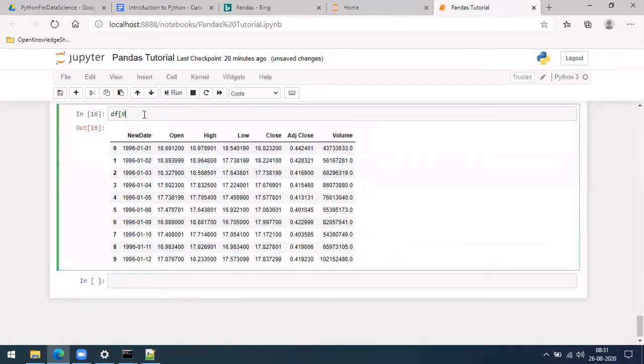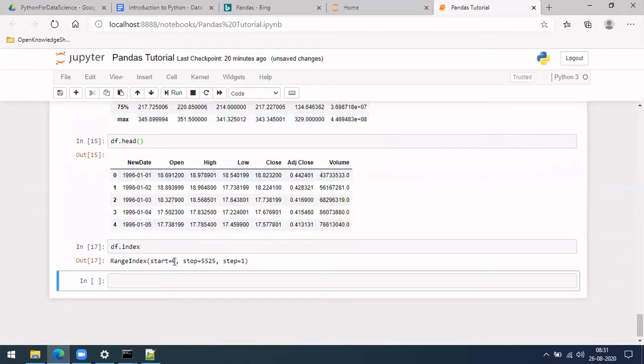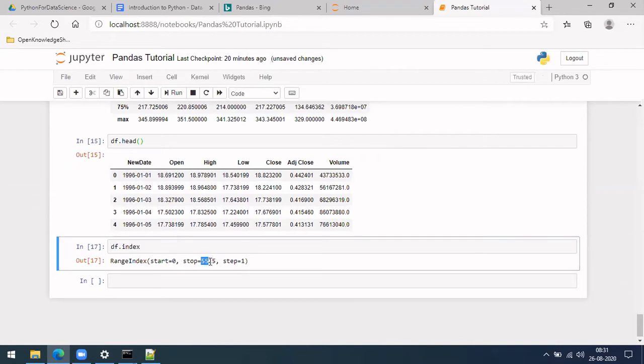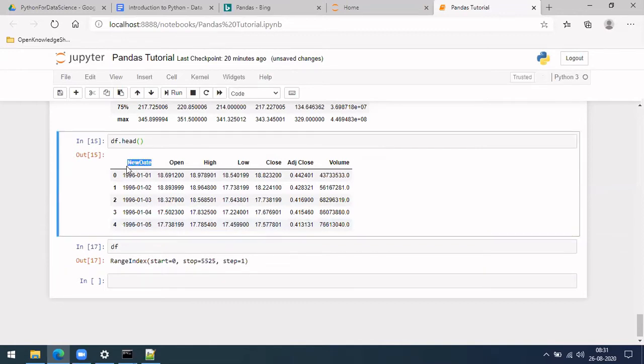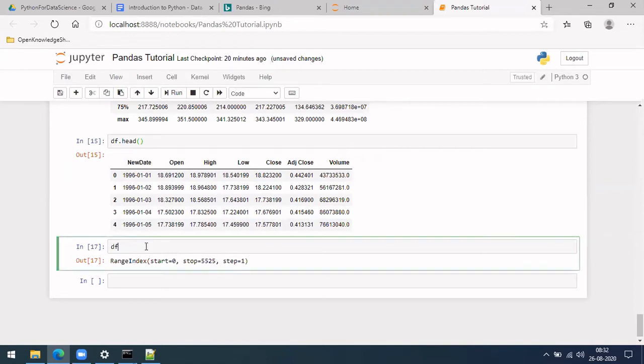So here index is, let me do dot index. It starts from 0 and it went till like 555. So it's a number. By default, you can keep it as a number, okay? So what else you can do is, in case of number, you can also make it some other variable, like let me put this new date itself as an index too.